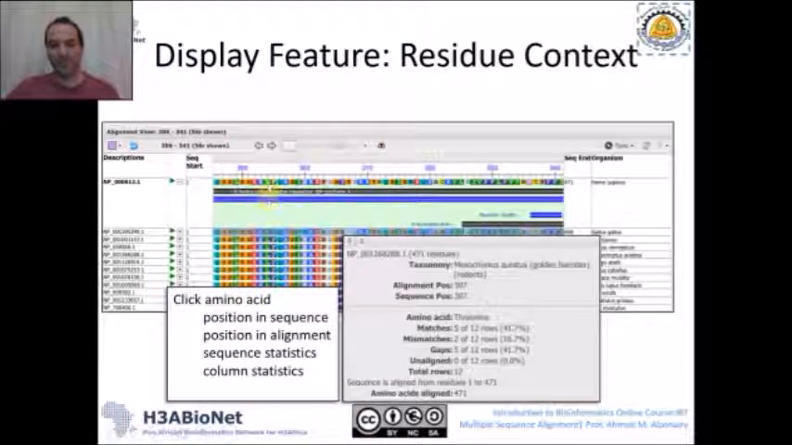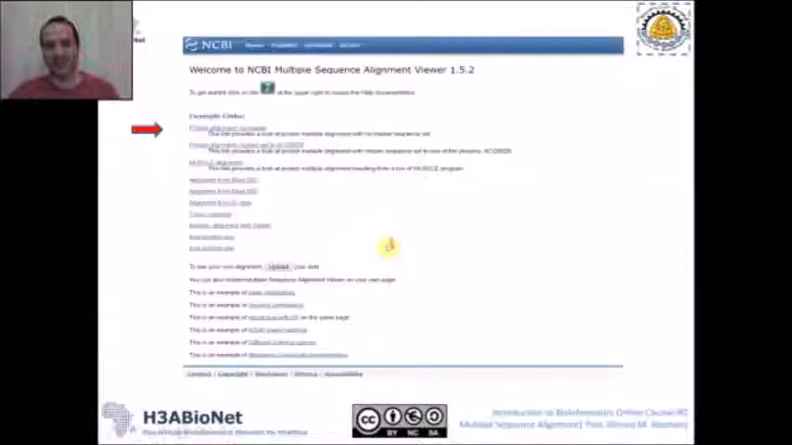Also, if you just put the mouse over any residue, you can see a lot of information about this residue, like alignment position, the sequence position, and other sequence statistics, column statistics. All this information you can get from this alignment viewer, so it can help you to interpret your data. Your alignment could be produced by NCBI, as we said, using BLAST, using COBALT,